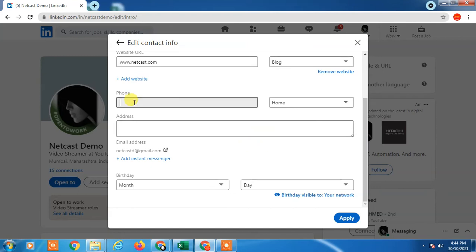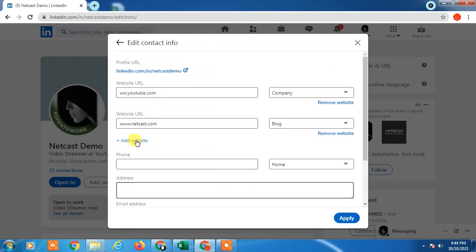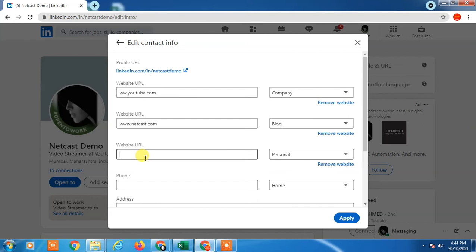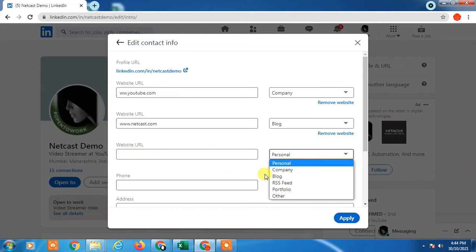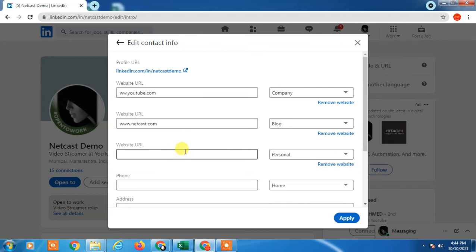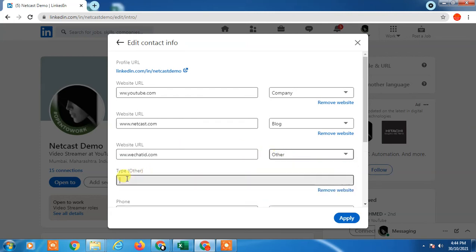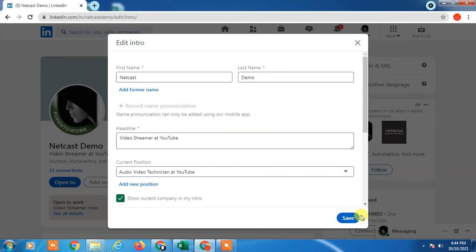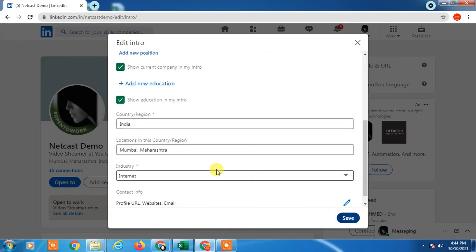And now here you can see you can add your phone number, and you can add Twitter or any WeChat ID also. You just have to copy and paste your WeChat ID, then select Other, and here you write WeChat ID, WeChat profile, whatever. And then apply and save,